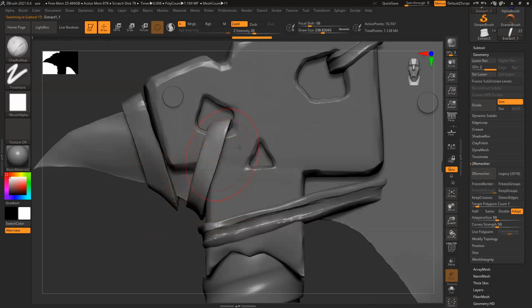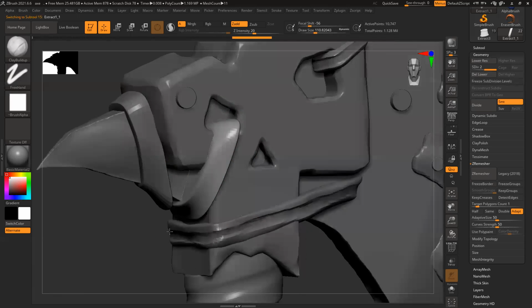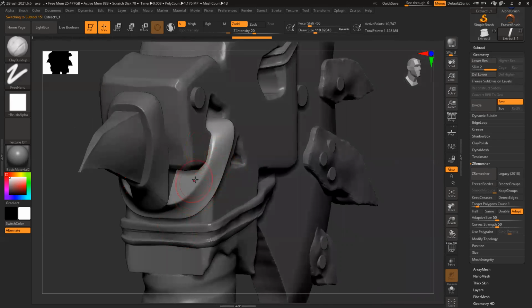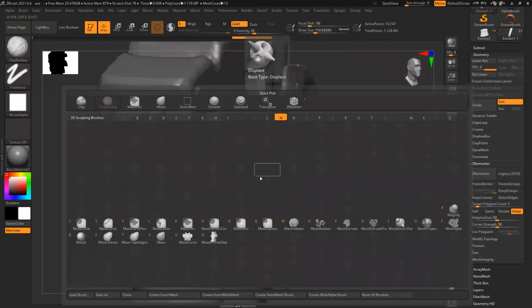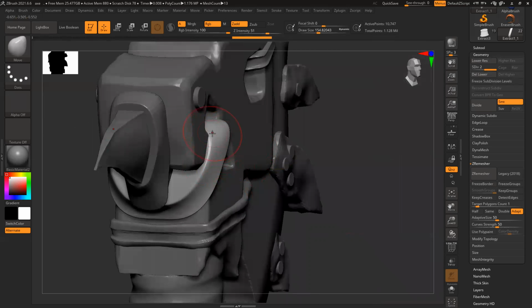Let's see this one now. So initially I created this and now I'm just matching the shape and all. Polishing the shape basically now.